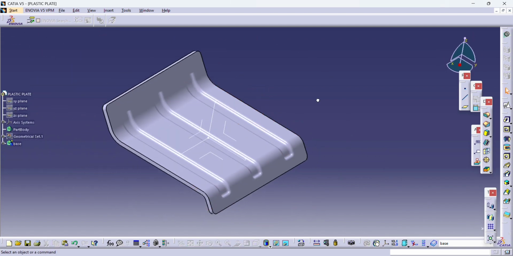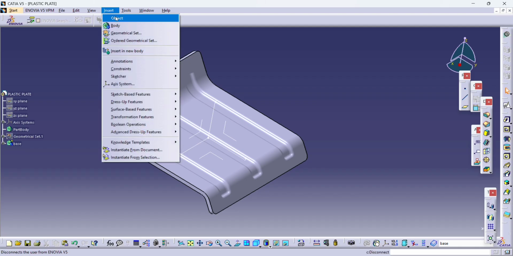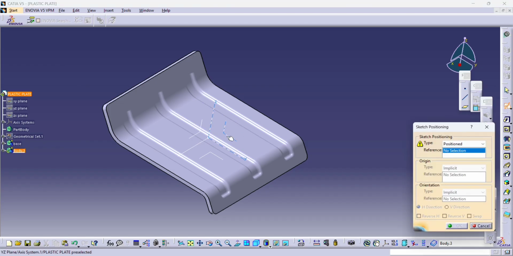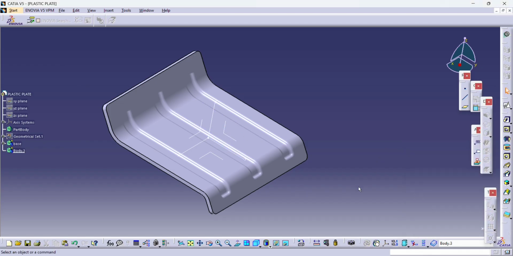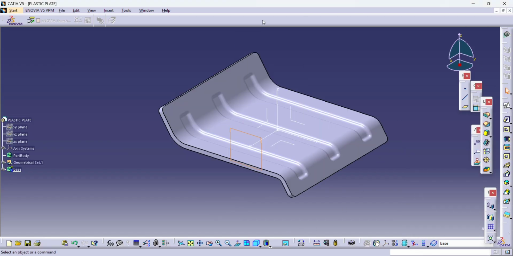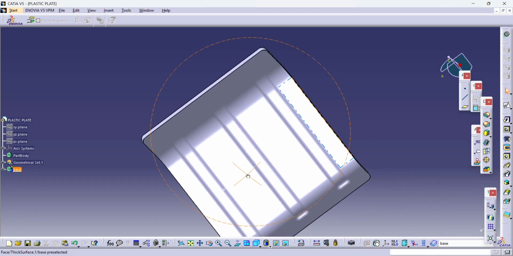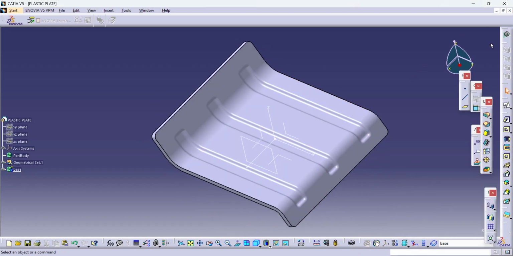Now let us move ahead to the next part, that is the addition of the rib. First of all we'll take a new body. Offset the plane, just offset the plane by 10 mm. Now we'll start further sketching on this plane